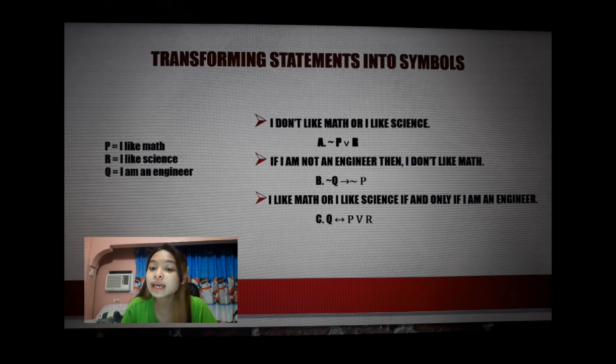So negate I like math. So I like math is P. So negate P, then the symbol or, then I like science. So I like science is R. So you substitute the R. So I like science. The next, if I am and